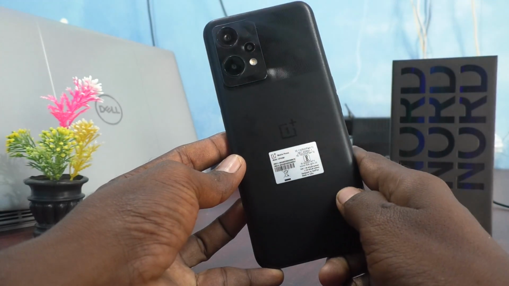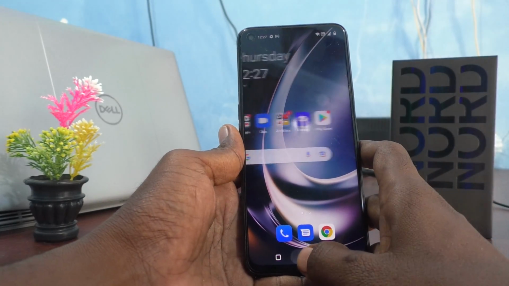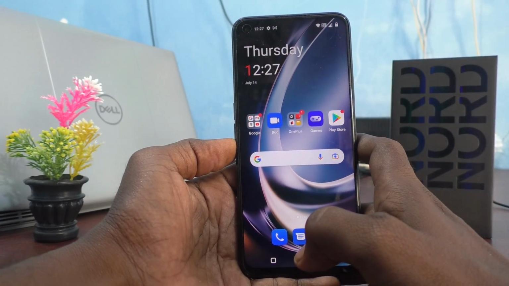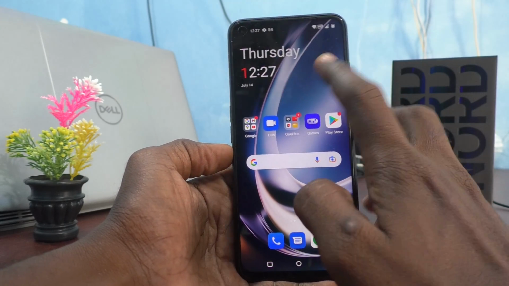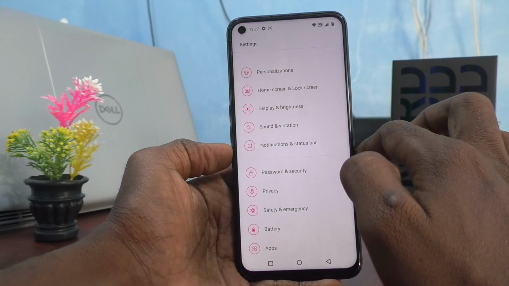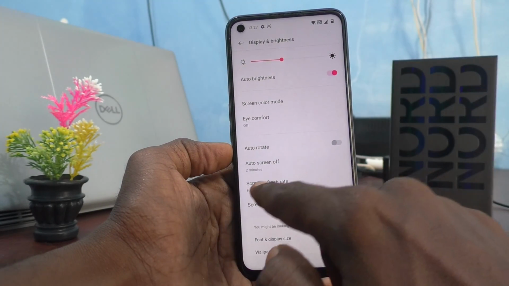Here is the OnePlus Nord CE 2 Lite 5G smartphone. In this video, we will learn how you can change the screen refresh rate in your phone OnePlus Nord CE 2 Lite 5G. First, go to the settings of your phone here and click on Display and Brightness, and here select